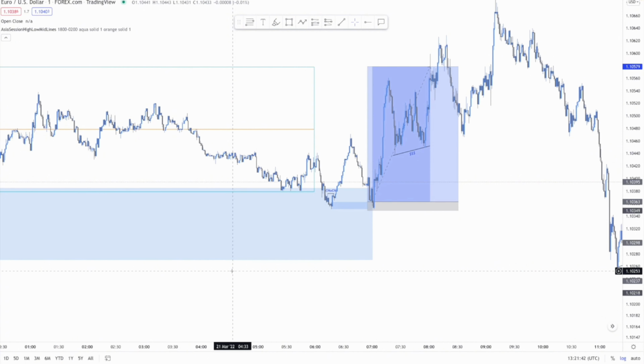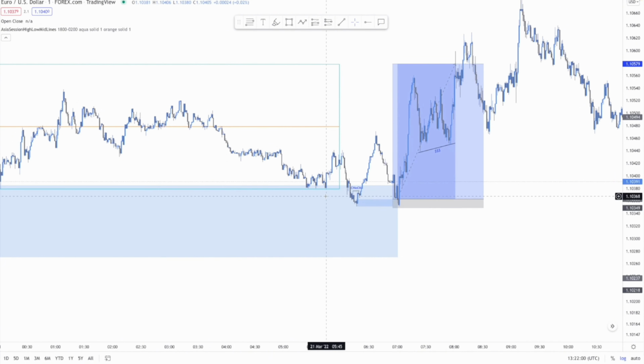Now, as you can see here with this perfect example, we have equal lows resting right here, okay? Now, this is actually the lowest point on the Asia session. That's why it's marked in the box. Now, as it being the lowest point and there being equal lows, you can expect price to take that liquidity, okay? Now, like I just drew out, we took the low and then we took the high, causing a change